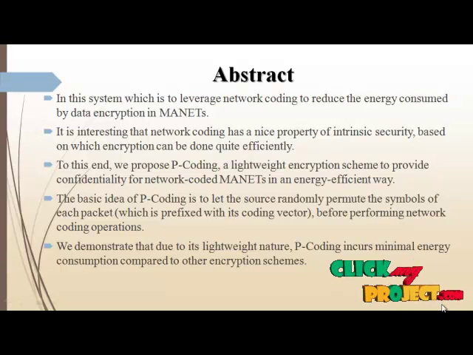In this paper, we also present an analysis of the intrinsic weak security provided by network coding. We introduce p-coding, a lightweight encryption scheme proposed to provide confidentiality. The basic idea of p-coding is to let the source randomly permute the symbols of each packet before performing network